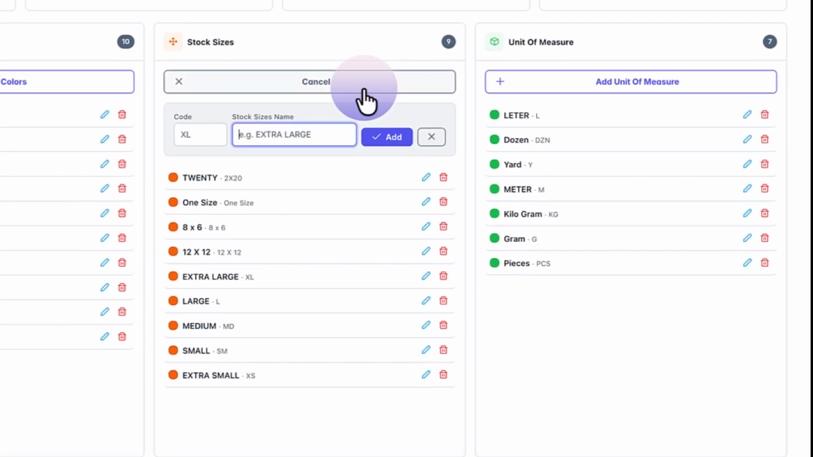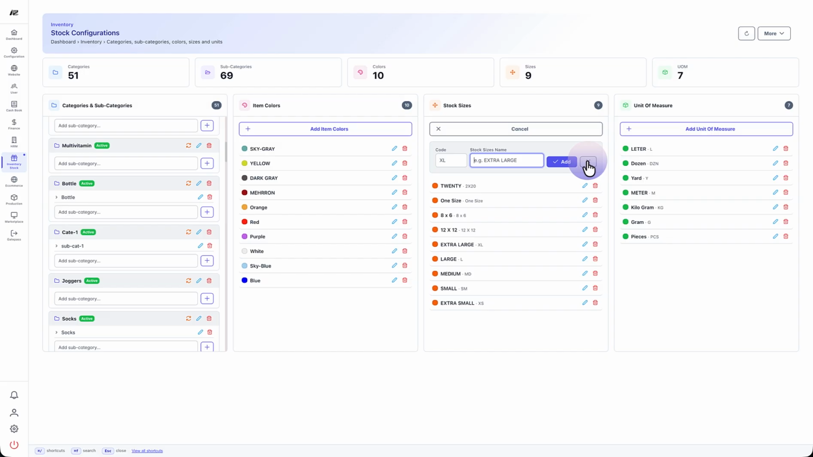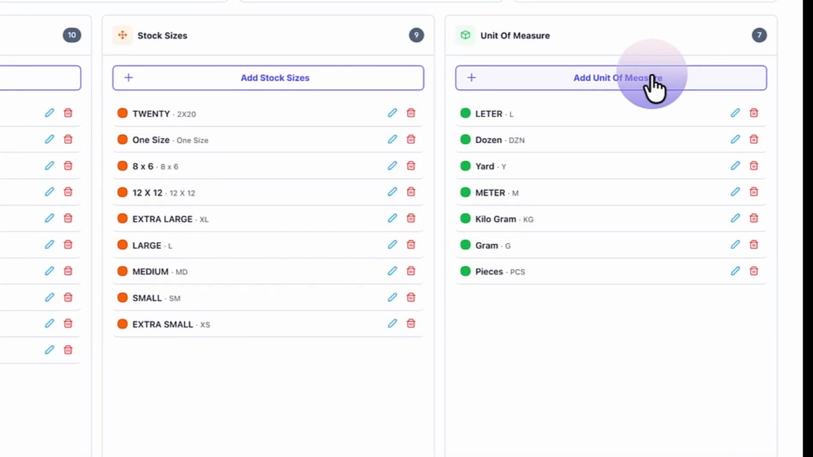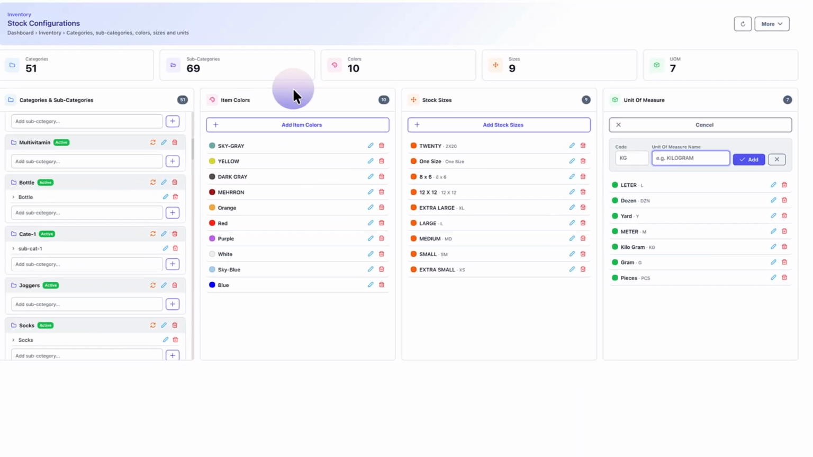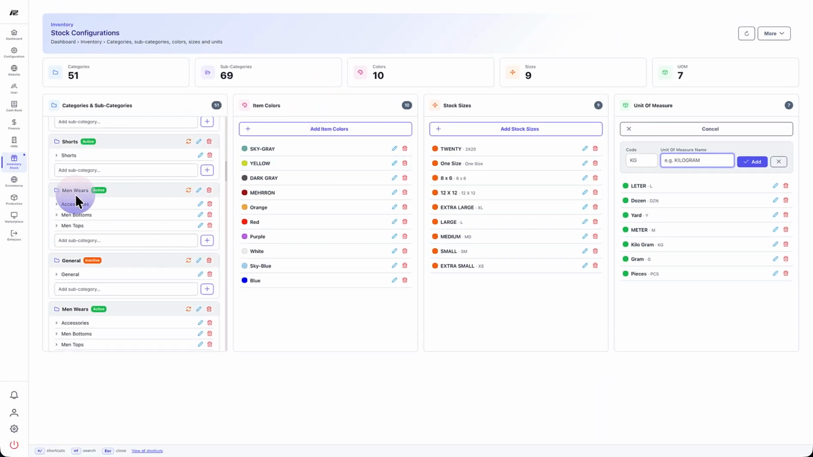In the same way, you can add sizes of your different articles or product variants, and you can also define the unit of measure according to your need. You can see the list of predefined units of measure, stock sizes, item colors, and categories and subcategories. Here you can see the men wears. These are all the total operations and